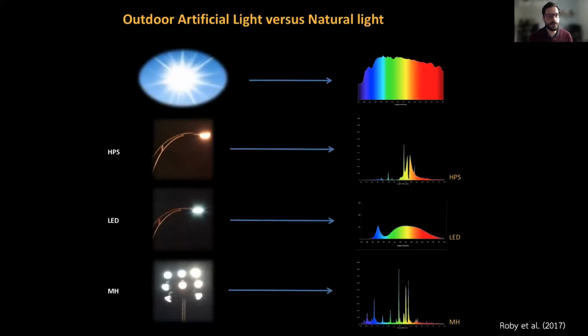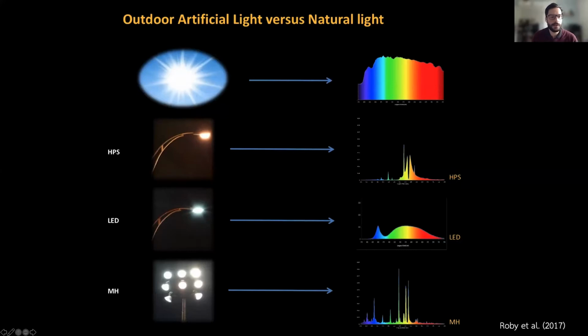Here you can see 4 examples of emission spectra of different light sources. At first, you can see the sun, which has emissions almost in every wavelength. Then you can see the high pressure sodium lamp, which more or less has its emission in the yellow or orange part of the spectrum. You can see an LED with 4000 Kelvin, and an example of an LED with 12,000 Kelvin. Here you always have to state the number, as they change with the color temperature, and you can see that the amount of blue light is increasing. Therefore, the light is much more whitish or bluish compared to the high pressure sodium lamp.